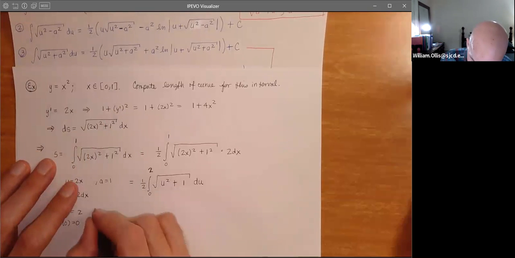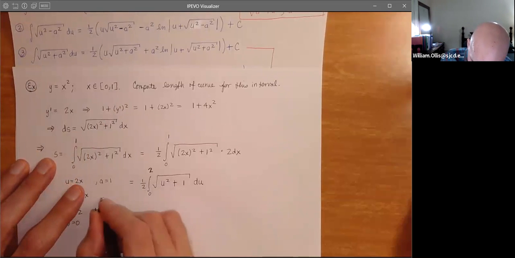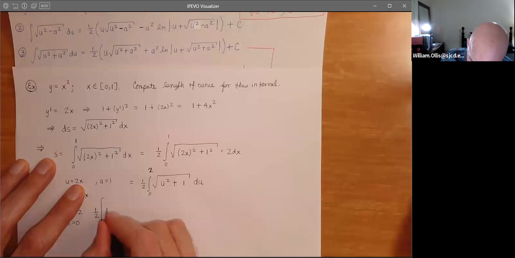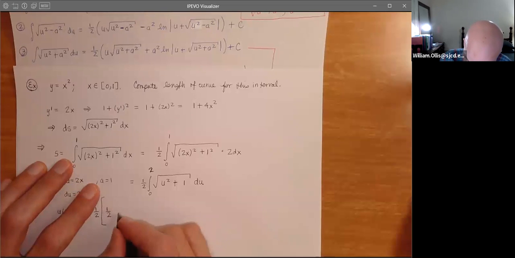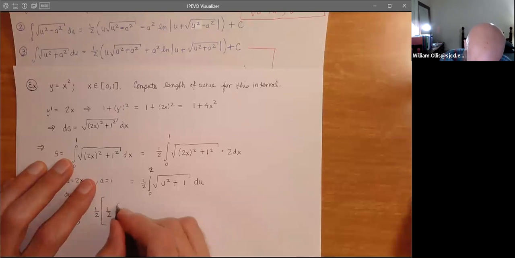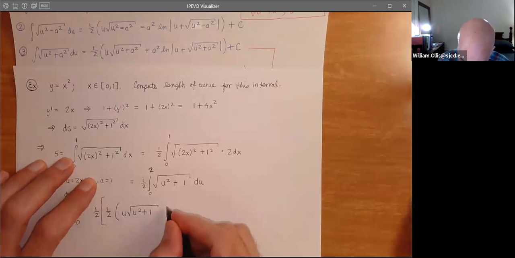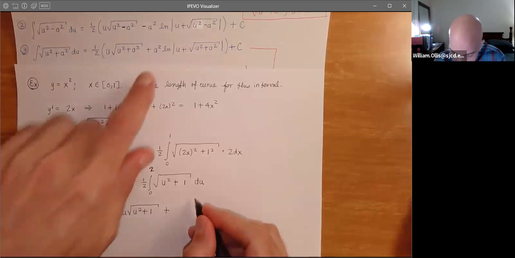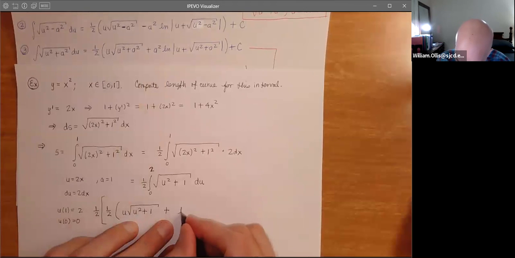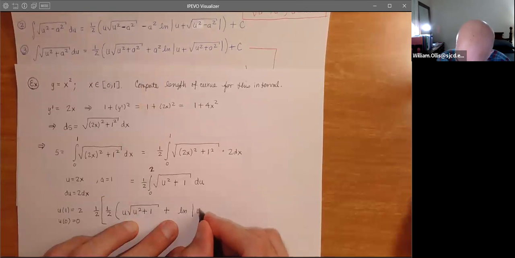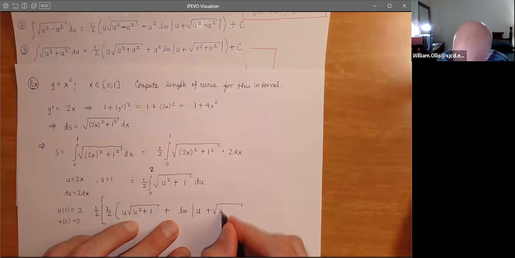So we've got the 1/2, which is on the outside. Now we have another 1/2, and we have u square root u squared plus a squared, in this case, plus 1, plus, now we got a 1, so that's just 1, natural log of u plus square root of u squared plus 1,